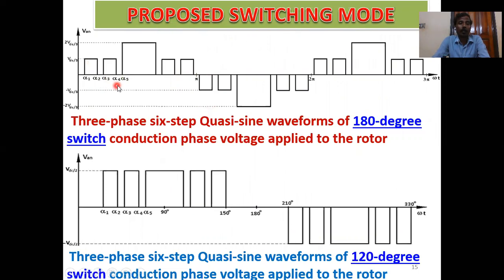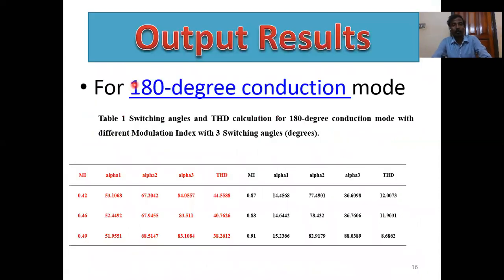Alpha 1, alpha 2, alpha 3, alpha 4, alpha 5 are switching angles, calculated switching angles, where our main target is the fundamental harmonic is a fixed value, and 5th, 7th, 11th or higher order harmonics are either 0 or minimum value or stipulated value. So one example here for 180-degree conduction mode, suppose modulation index 0.42, alpha 1 equals